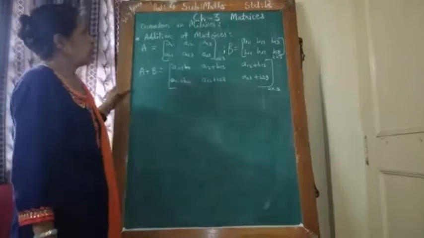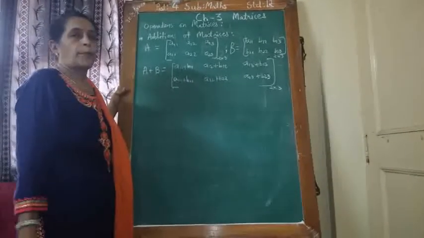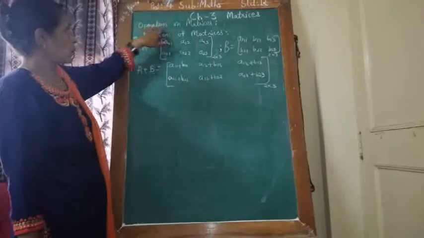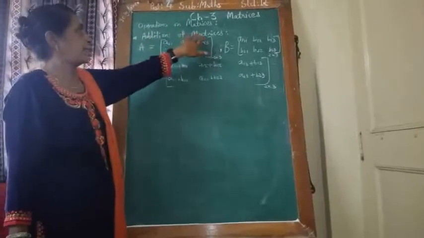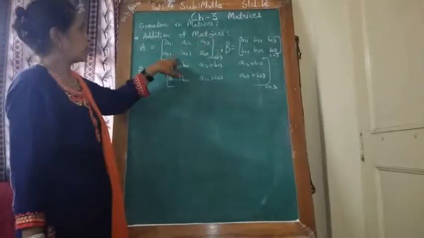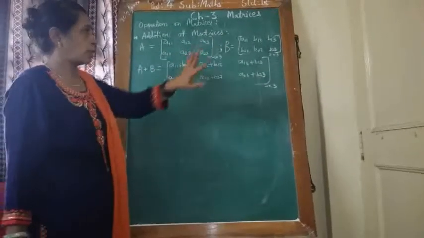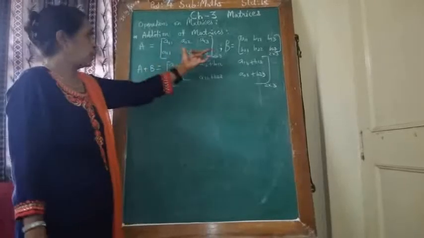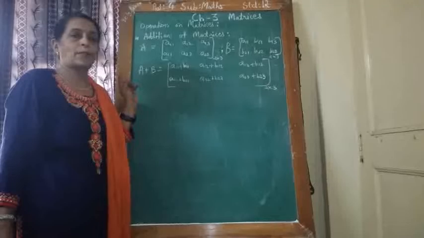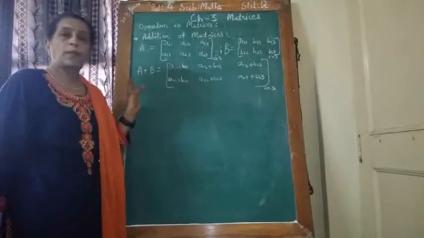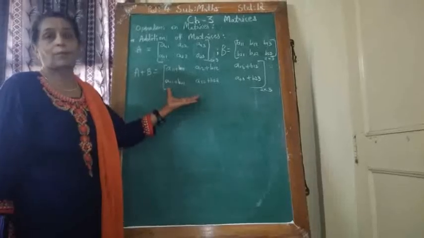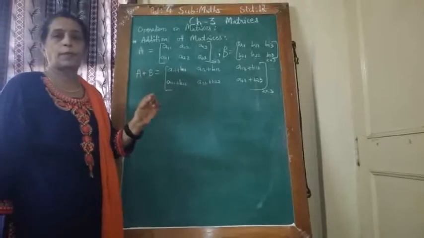So here, before starting exercise 3.2, I want to explain clearly the operation addition. First, addition of matrices. Here you have two matrices of order 2 cross 3. The order must be the same, then you can do addition of two matrices. And I have already discussed in part 1 that if you do any operation, the output is also in matrix form, not one particular real number.